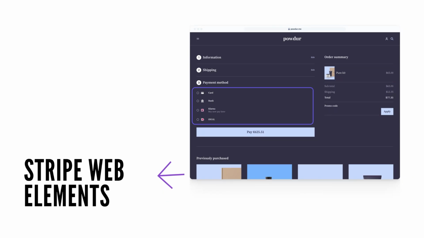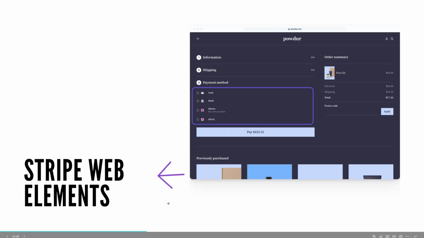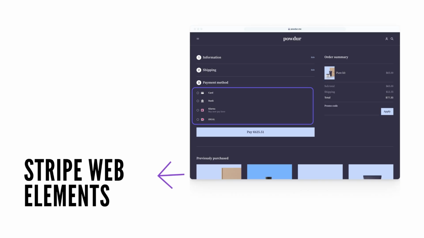Hi everyone, today we will learn how to use Stripe Web Elements to create your own checkout page. So what is Stripe Web Elements? Stripe Web Elements are basically some components pre-built by Stripe that can be used to create your own custom checkout